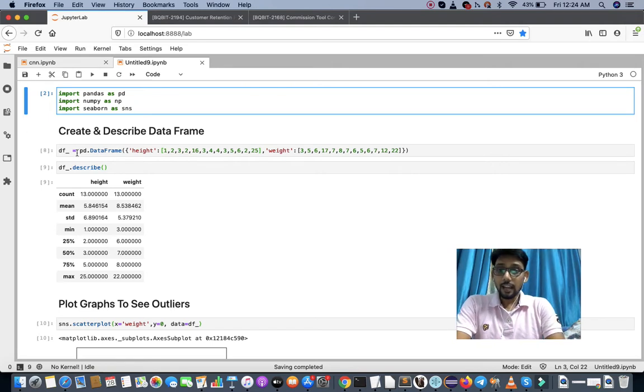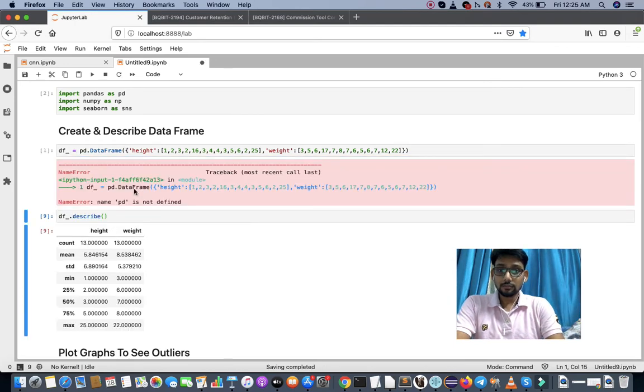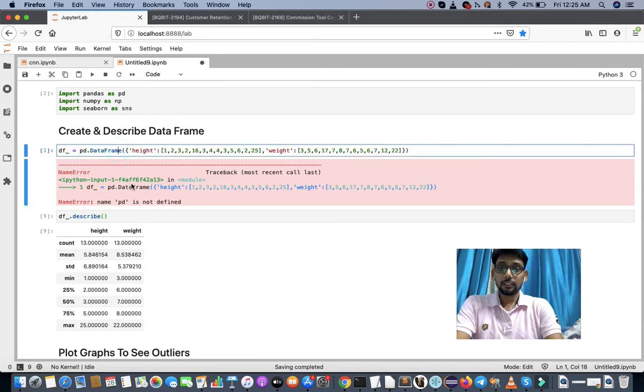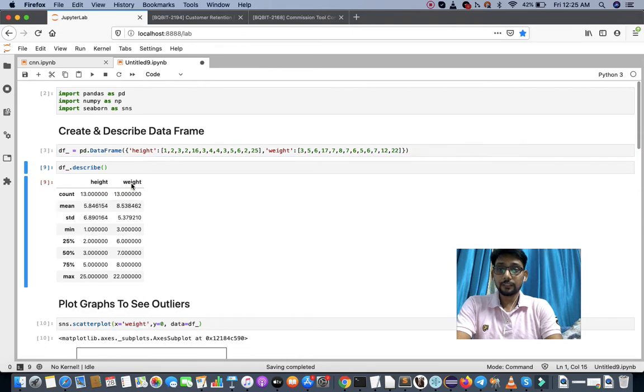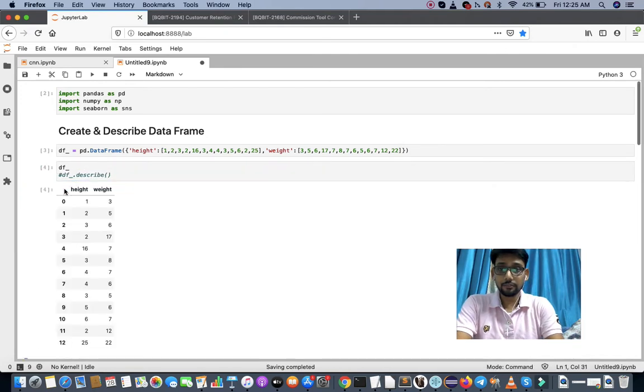So now let's start. I'm going to create the data frame, again with height and weight as features. Okay, I didn't import this, so sorry. Yes, this library has been imported. Now we have the data frame. Let's see the face of the data frame, df. Now we have a total of 13 points and two features, height and weight, and we'll try to eliminate the outliers from these two features, right?